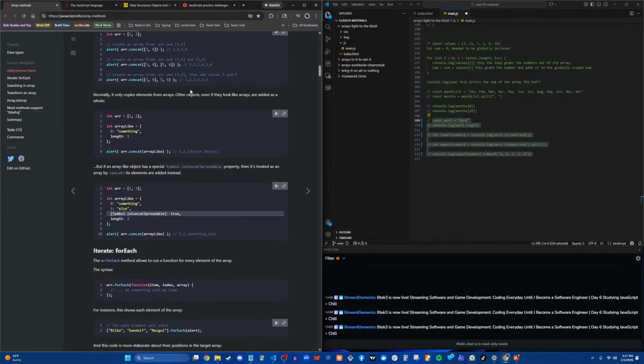arr.concat(5, 6). Normally it only copies elements from arrays. Other objects, even if they look like arrays,